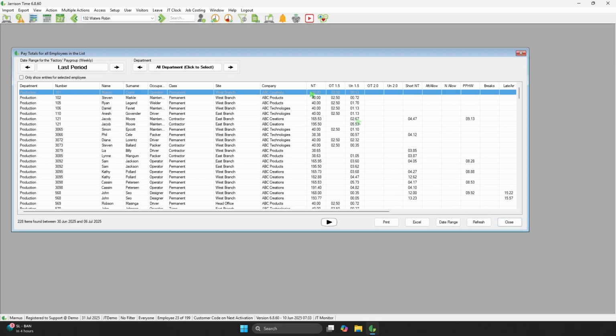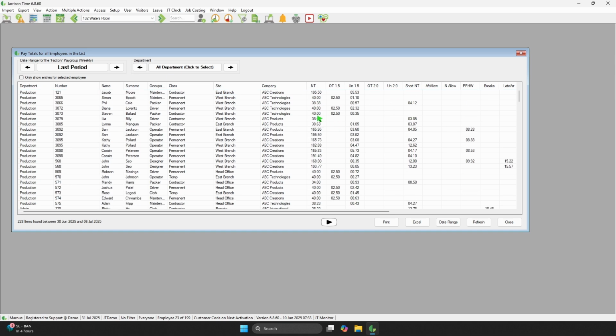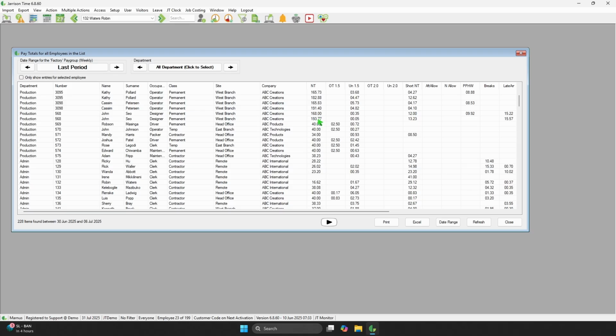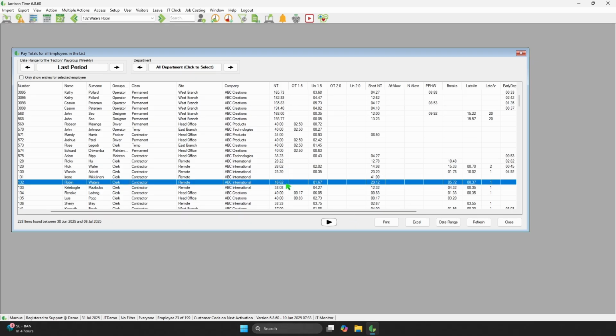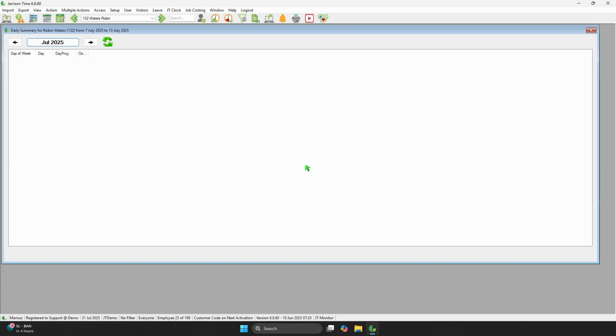We can see our total for normal time, overtime, unauthorized overtime, short time, and whatever other kinds of times you'd like to track in the system. We can use this view to ascertain at a glance if there are any pay cycles for employees that look suspect. We can see here that there is an instance for this particular employee where the normal time worked in the week is quite a bit less than what we expect, so we can just double click on that row